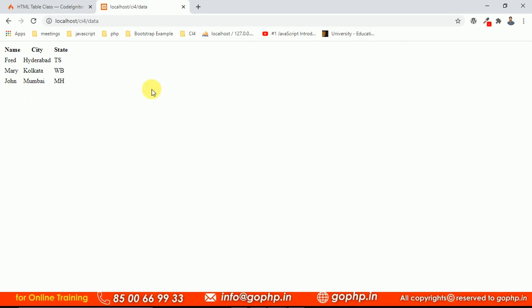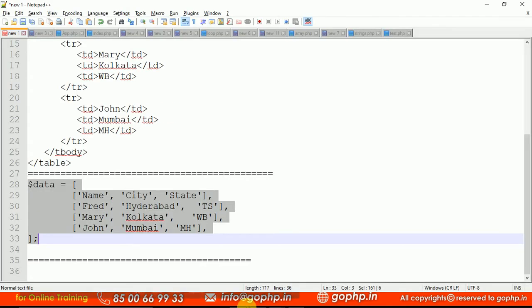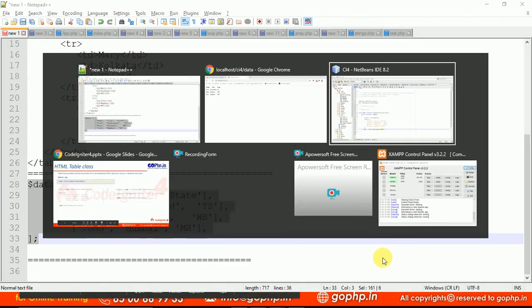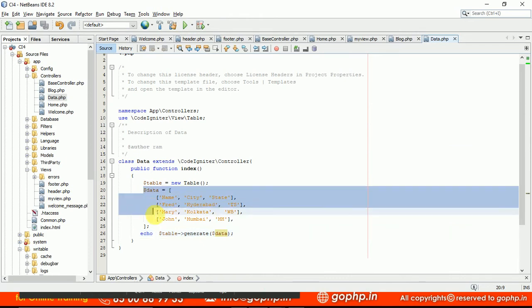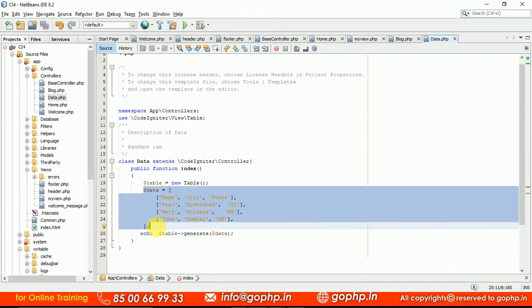So now we generated the table with static data. If you want to pass dynamic data, nothing. Simply, as I showed in the slide, just write a select star from table name, and whatever data we get, just pass it to generate table. That will generate the table automatically. When I explain database connection, I will tell you how we can get the data from a table and display it in an HTML table, without writing basic HTML table tags and all. This is how we can display the data.